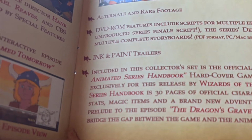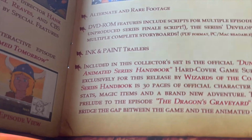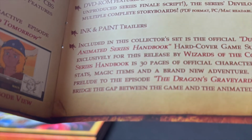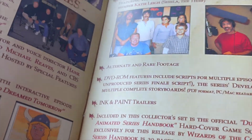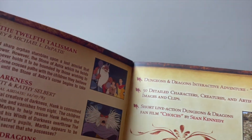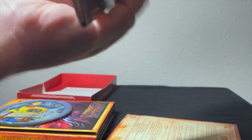Probably some art tests. And then this is what I think of as the pièce de résistance here, crème de la crème. I'm mixing my metaphors. Included in this collection is the official Dungeons & Dragons animated series hardcover game supplement. In addition to this adventure, so you have a module, Telex Crystal, if you wanted to actually play this with your friends, but they also include a very nice, let me get this out,